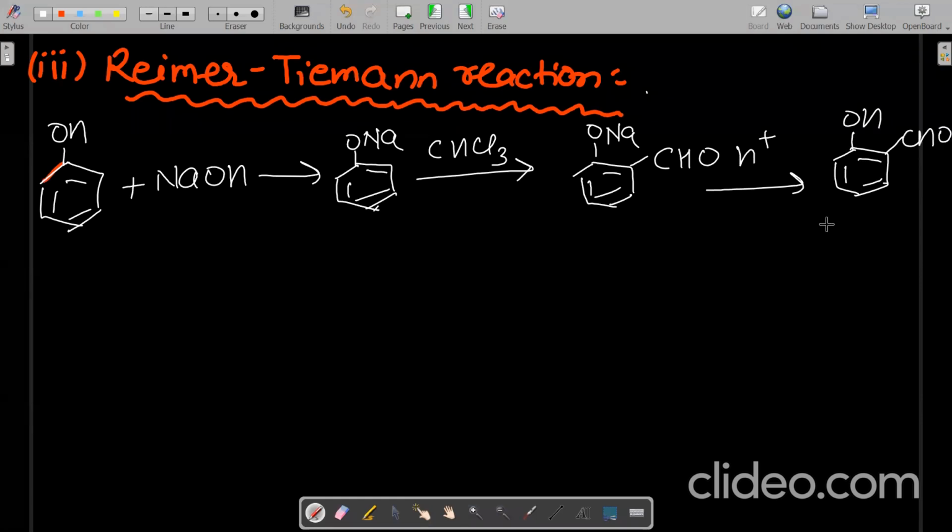This is the final product, which is called salicylaldehyde. So this is salicylaldehyde. You can write. Okay, this is called